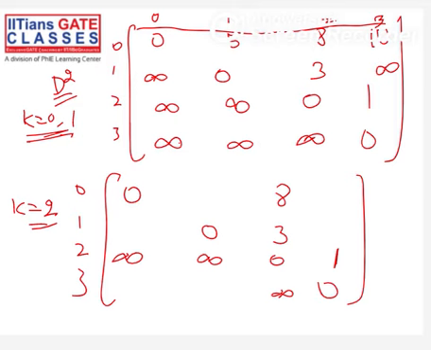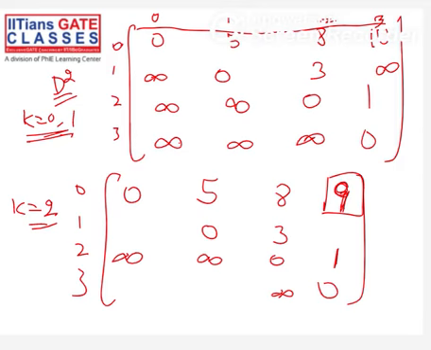Okay, so now from 0 to 1, I want to see. We see from 0 to 1 as 0 to 2 and 2 to 1. So 0 to 2 is 8 and from 2 to 1 is infinity. No, so I still have 5. 5 is smaller, so I'll keep 5. From 0 to 3, 0 to 2, which is 8. Okay, and from 2 to 3 is 1. Yes. So I got 9, right? 8 plus 1, 9, which is less than 10. So I'll update this as 9. So this is the updated value.